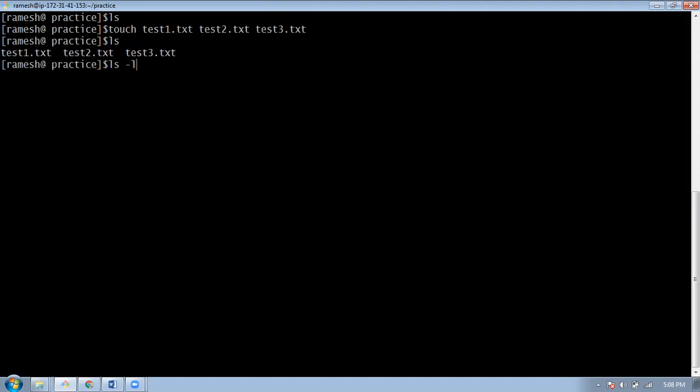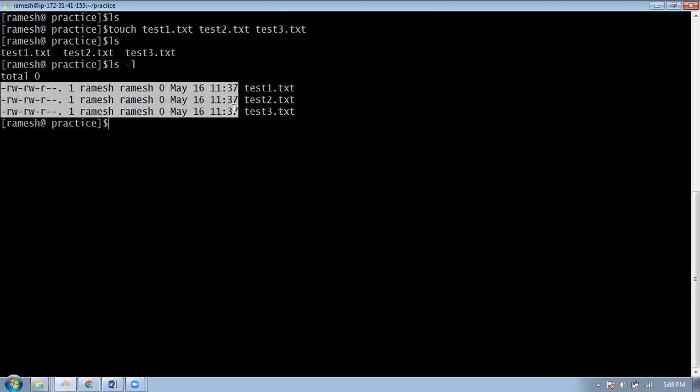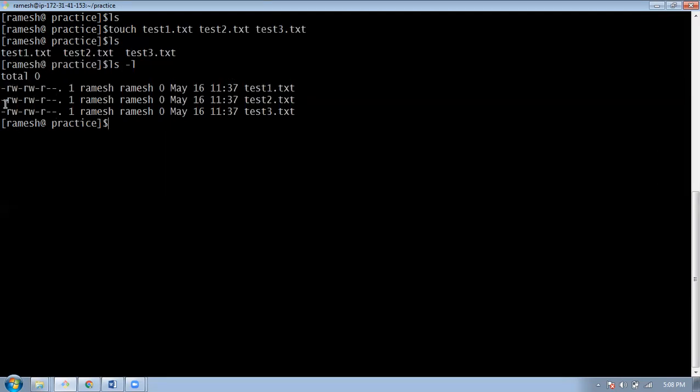And if I do ls -l, you can see it in the long listing format. So here also you're able to see the files, and here also. But along with the file names, you're also seeing the file attributes like file type, and this is file permissions, and this stands for links, and this is the file owner, this is group, this is the file size, these are empty files, and when it was created or last modified.